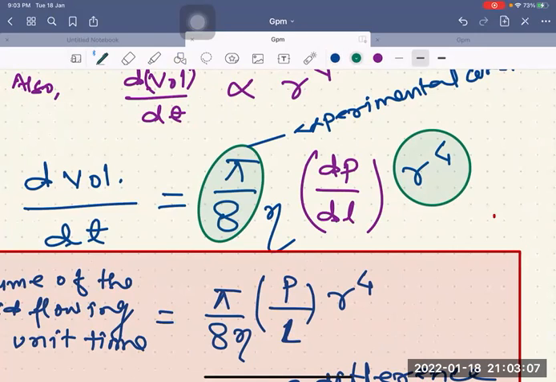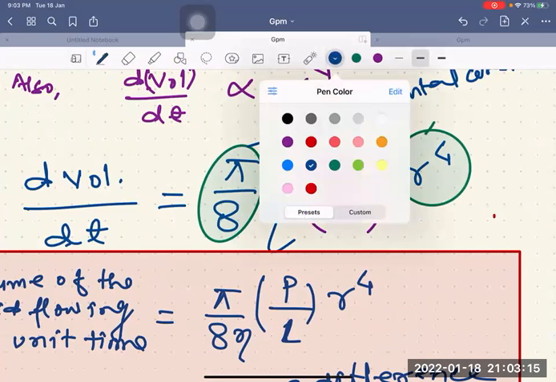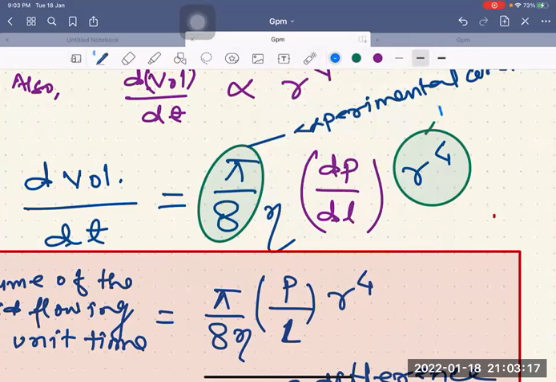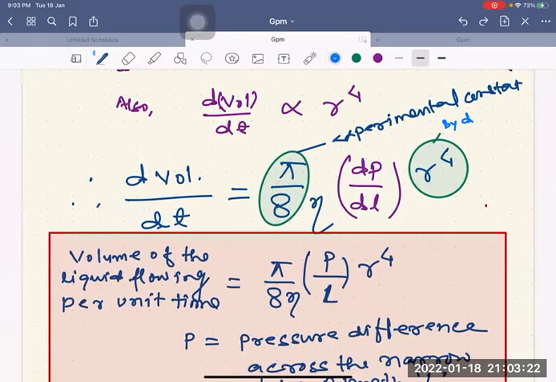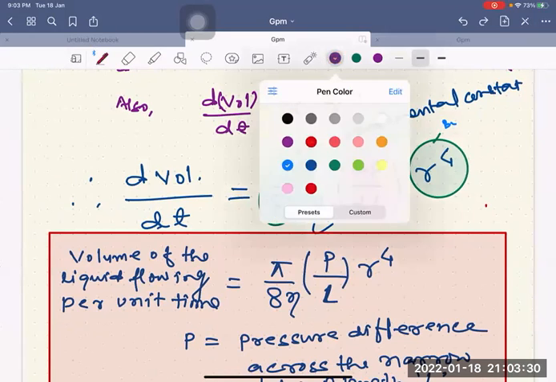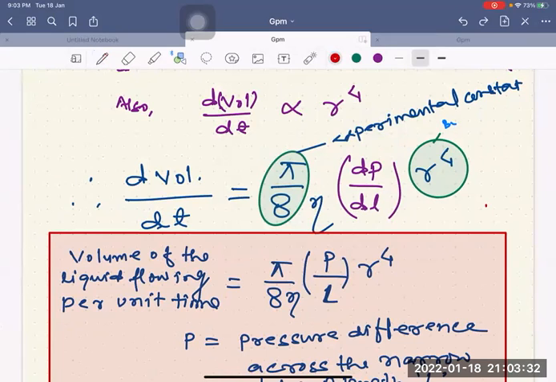You can get it by dimensional analysis. सिर्फ यही नहीं, पूरे इस term को हम dimensional analysis से ले के आ सकते हैं।